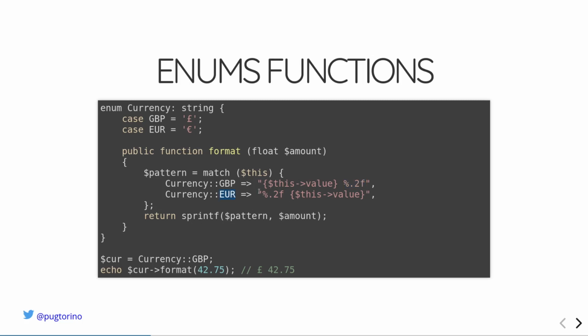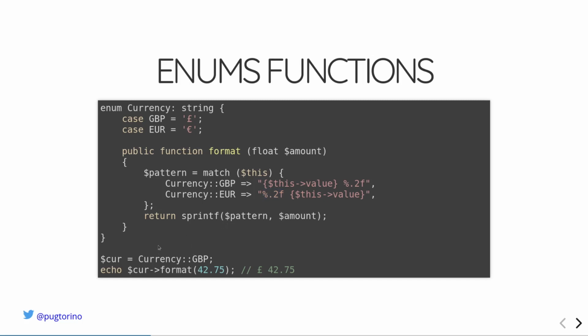For euro, we need to have the number and after the symbol, because this is how the euro is represented in Europe. So you have the number and after the symbol. In British, you have the pound and after the number. So it's vice versa, basically. So this format will format the string according to the specific currency.